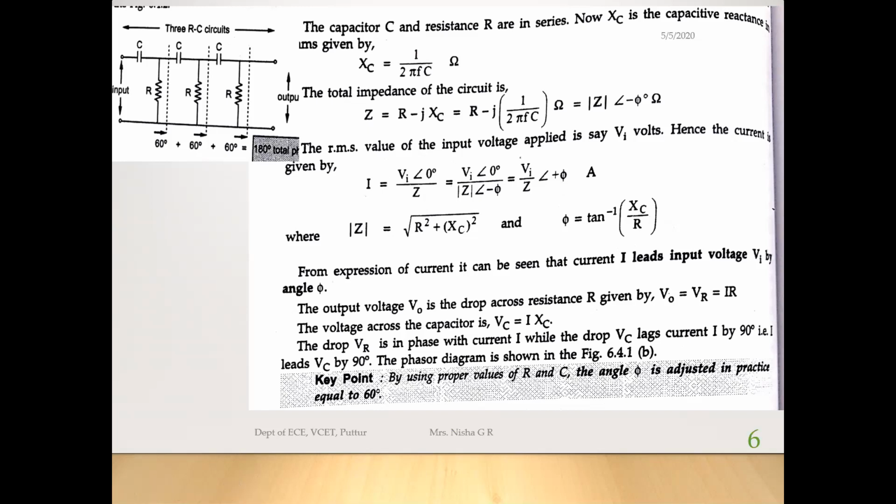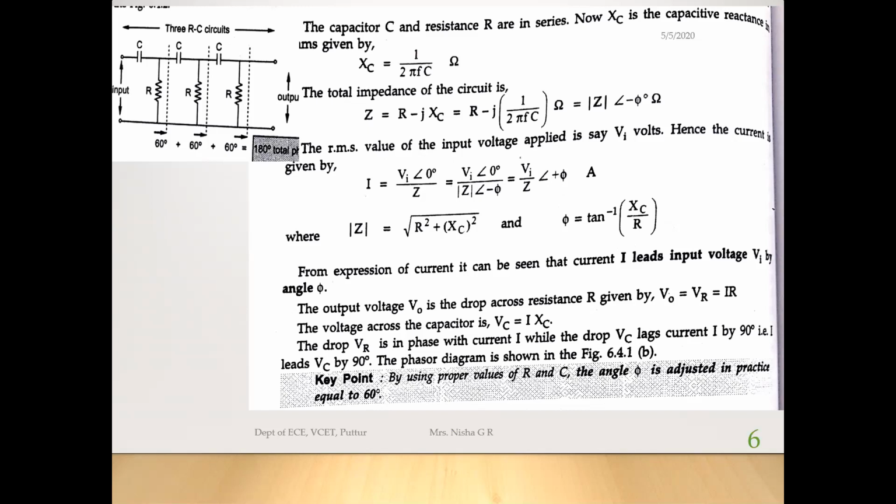So what we can say is, the current leads the voltage by an angle phi. So this angle phi, theoretically, is 90 degrees: the voltage VC across the capacitor lags the current in the capacitor by 90 degrees.